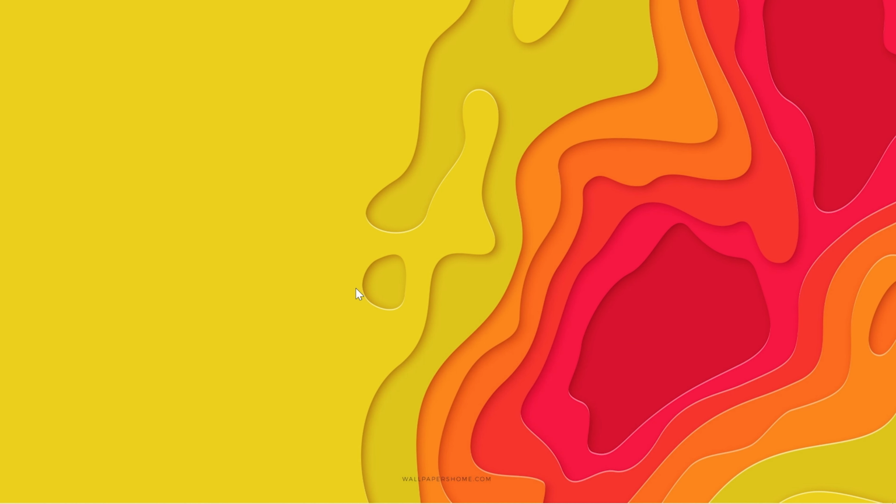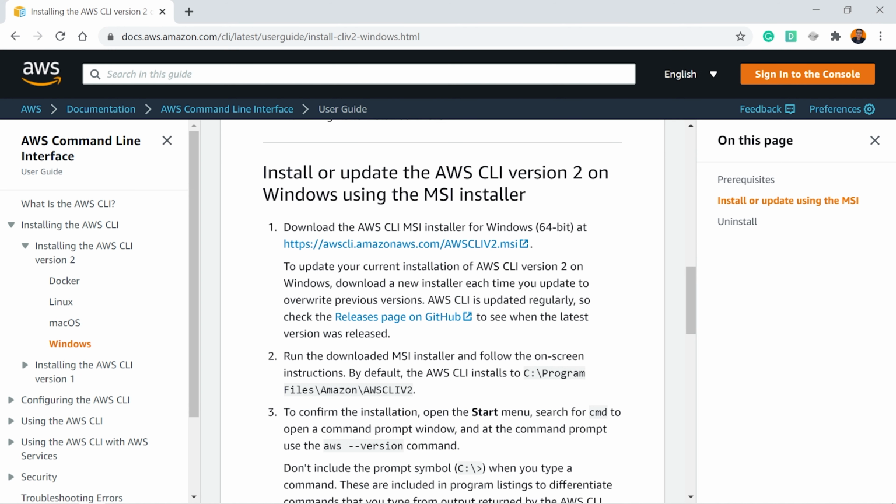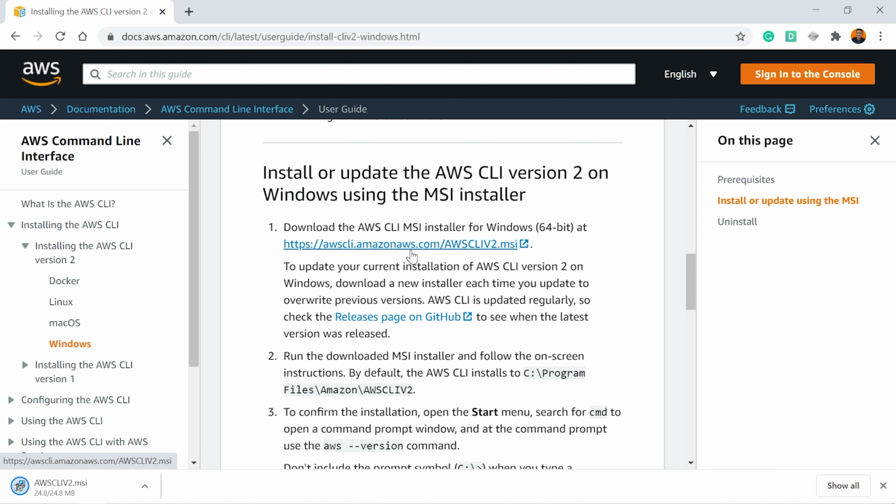So to install AWS CLI 2 tool, we need to download it first, okay? So we'll just go to a browser and I have given the link in the description below. So you can use that link to download it, okay? So let's jump into our browser. And you can see that this is the link over here. This is to download AWS CLI version 2. So we'll click on this to download. So you can see that it has been downloaded.